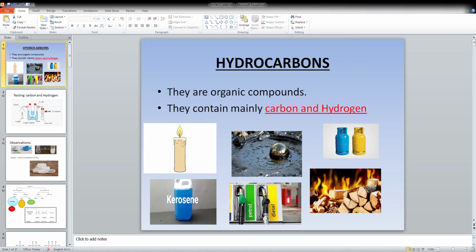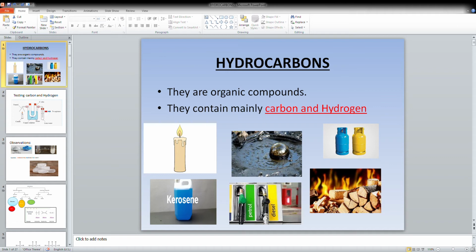Dear students, today I am going to present unit number 14 from grade 11, that is hydrocarbons and their derivatives. That is a third term lesson. I think it is a very important lesson, and in 2017 and 2018 they asked questions from it in the essay part. But this lesson is somehow short compared with the other lessons.